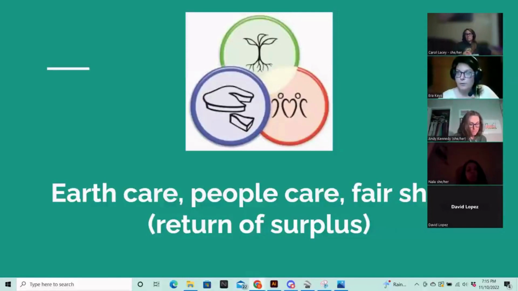I was a very generous person who would give the literal shirt off my back, regardless of the outcome to myself or my community. And it was actually through learning and implementing these three ethics that I saw that my own personal boundaries was actually limiting my ability in people care and earth care. And that by respecting my limits and my boundaries, I actually was able to keep those ethics true. I was able to hold my integrity, have an impeccable word, and I was able to continuously give to the earth. And so this is where we see that feedback loop again that we're going to keep talking about,